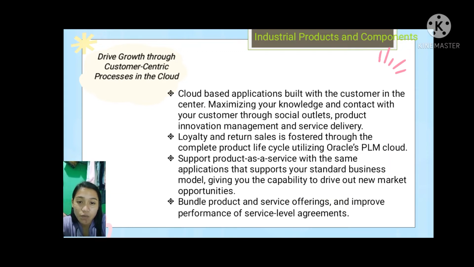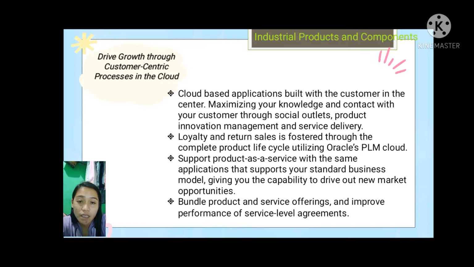Drive growth through customer-centric processes in the cloud. Cloud-based applications built with the customer at the center, maximizing knowledge and contact with your customer through social outlets, product innovation management and service delivery. Loyalty and return sales are fostered through the complete product life cycle utilizing Oracle's PLM Cloud. Support product as a service with the same application that supports your standard business model,